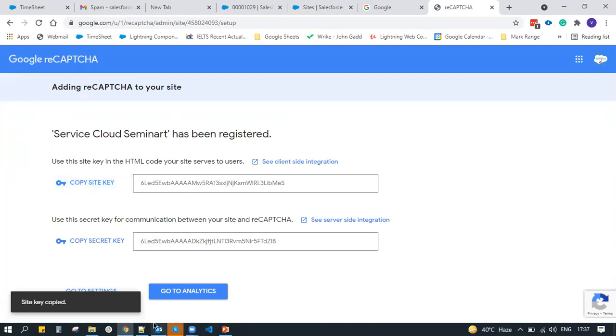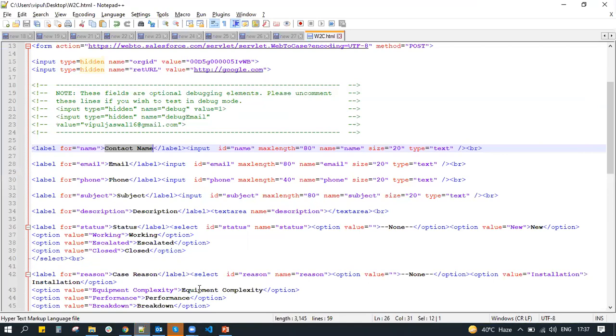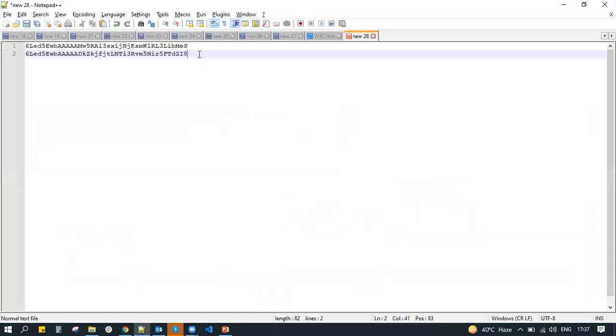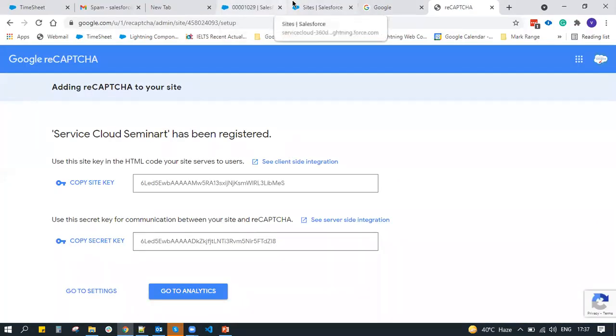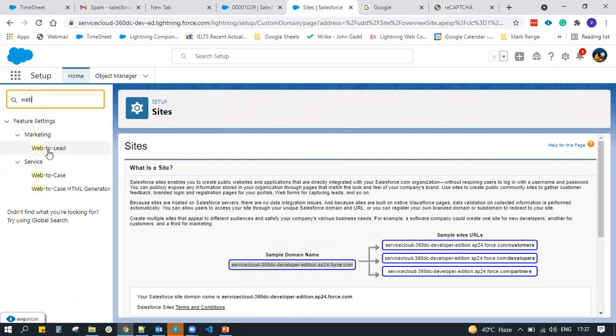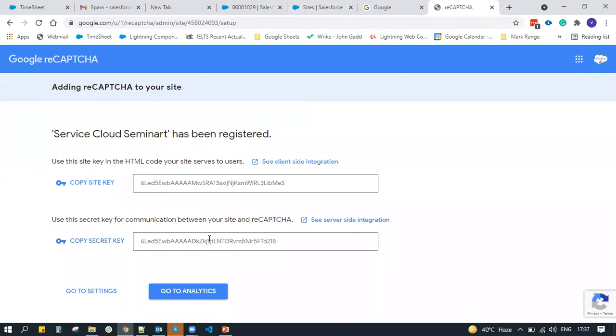Copy it out. And the secret is here. These are the API key and secret. Now we will go back to Web2 case. So in this way, we can generate an API key and secret for our website, right?